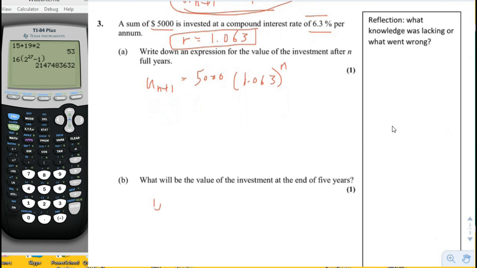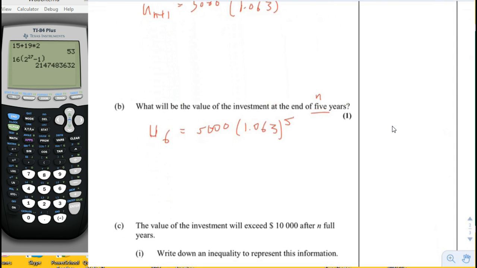Well, then we could say U6, because n plus 1, where n is 5, is 6. So we could put 5,000 times 1.063 to the fifth. Let's do that on the calculator, see what we get. 5,000 times 1.063 to the fifth. It's equal to